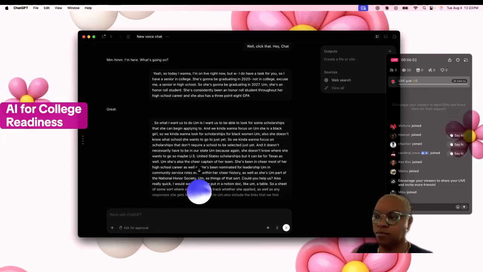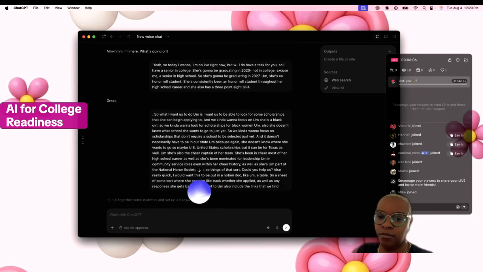A few details will help me to target the right scholarships. Is she a Texas resident, a U.S. citizen, or a permanent resident, and does she expect to qualify for need-based aid or have any idea of a possible major? No possible major just yet. And yes, need based and merit based as well. And we can look for some identity based scholarships.